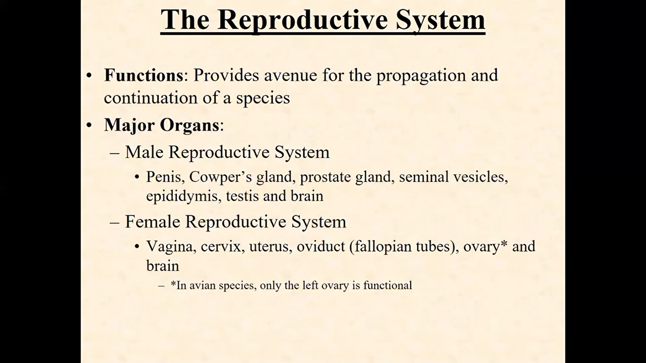So you have the reproductive system, which we all should be quite familiar with, which provides an avenue for propagation and continuation of the species through reproduction. The male reproductive system has the penis, the Cowper's gland, prostate gland, seminal vesicles, epididymis,